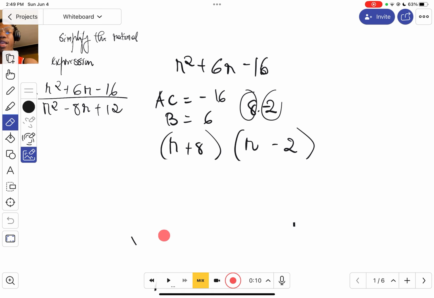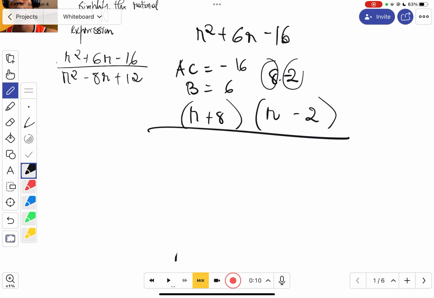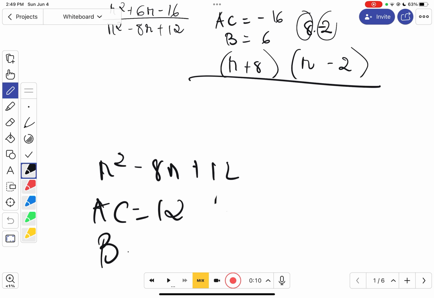So we're going to do the same thing for the denominator. We're going to factor it using the AC method. We have r squared minus 8r plus 12. Our AC will be, in this case, 12, and our B term is negative 8. So the question is, what numbers when I multiply them give me 12, and when I add them give me negative 8? The numbers that I'm thinking about are 12 and negative 8,